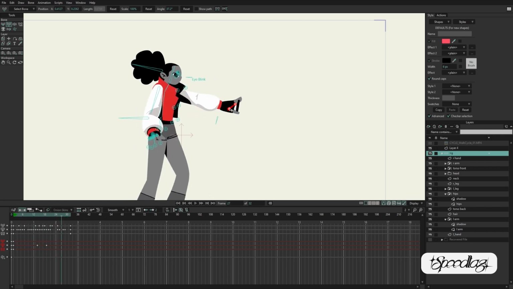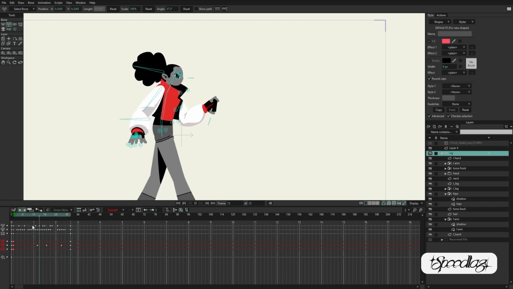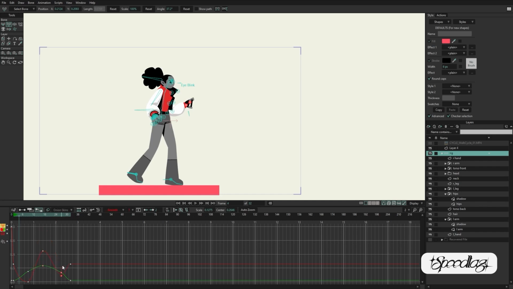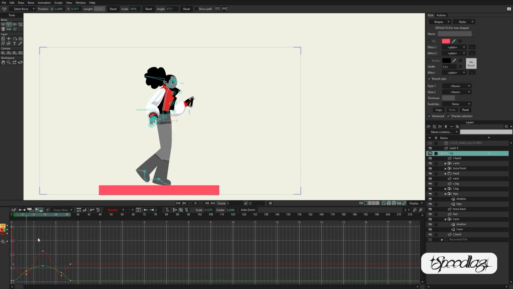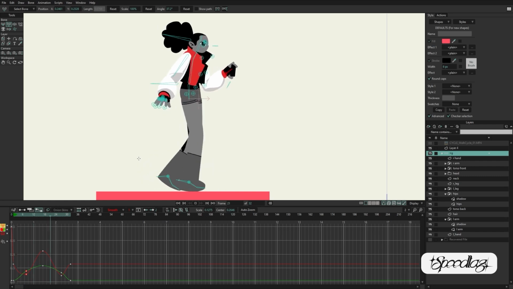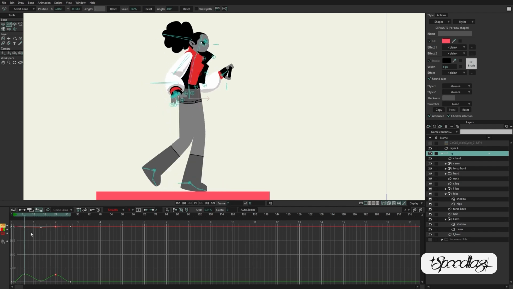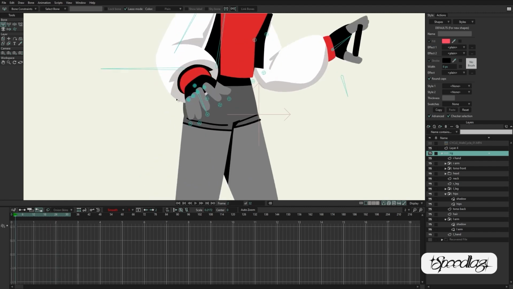So yeah, here I'm trying to decide exactly where I want her arm to stand. Do I want her holding it way out? Do I just want her to keep it kind of close? So it's really easy to be able to adjust these things, of course. A lot of me just watching it over and over and over again. Make slight adjustments. You don't want anything to stand out as being poorly tweened. You want everything to feel natural. You want everything to feel